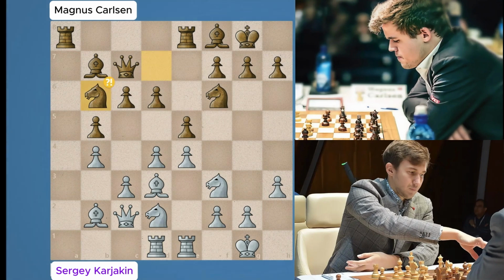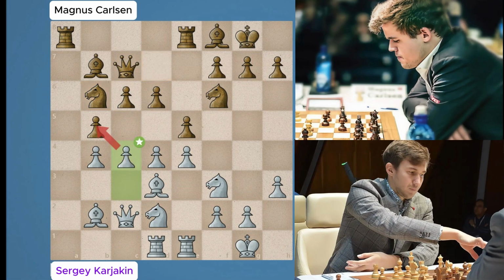Question: why give this move a dubious mark? Black simply fights for control over c4. Answer: while the move doesn't hinder White's coming c4 break, it does weaken e5, a fact which Karjakin shortly seizes upon.